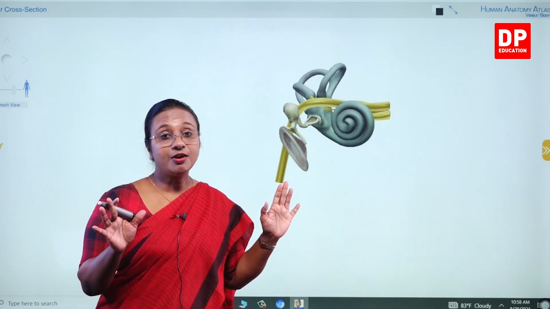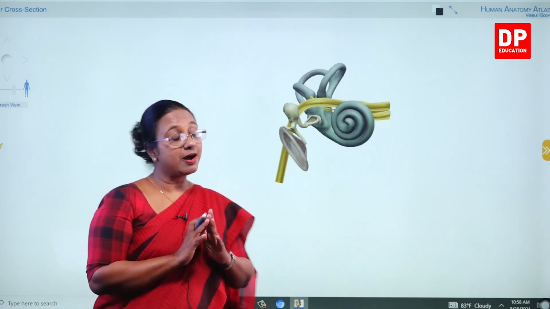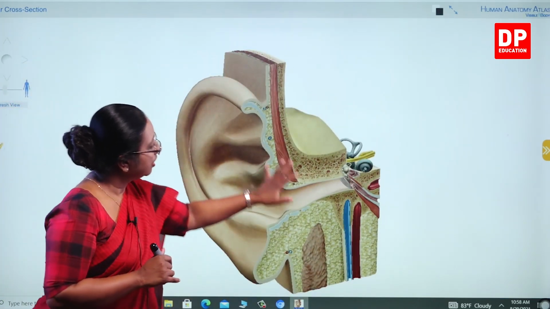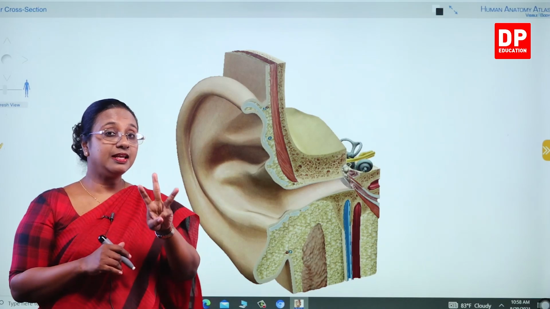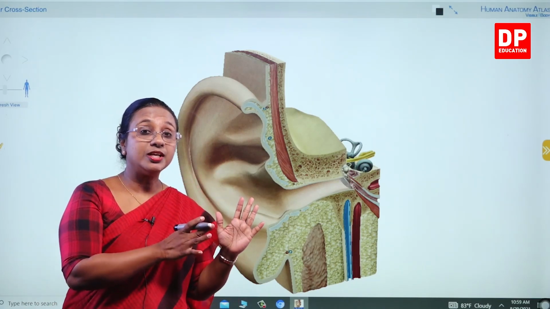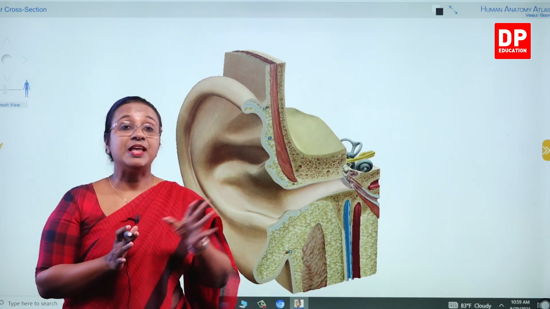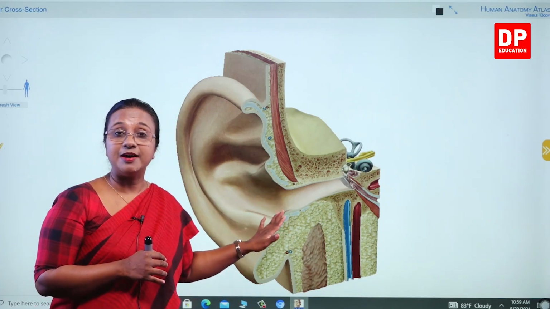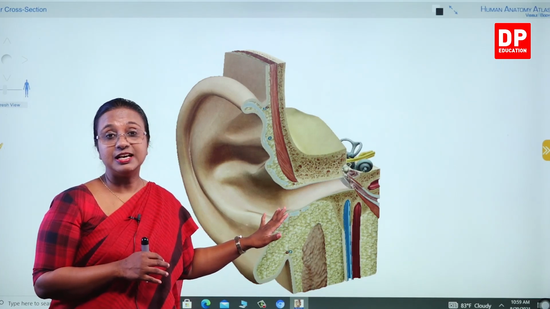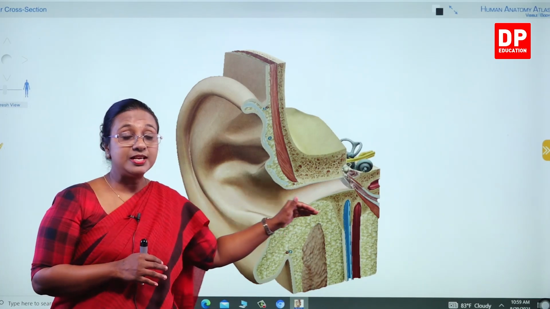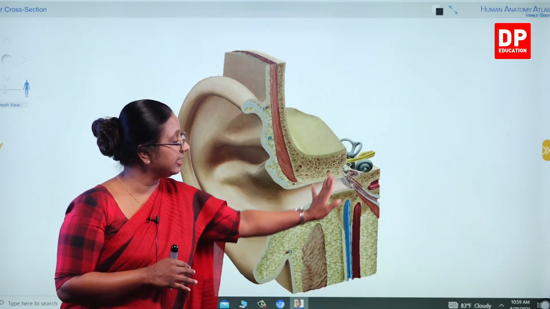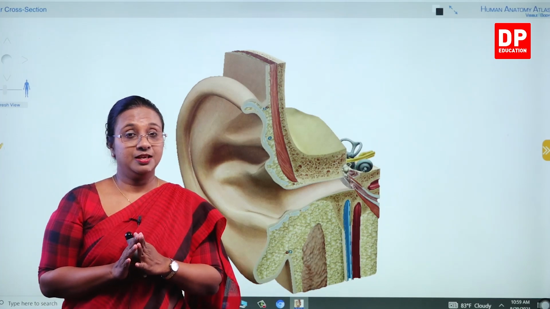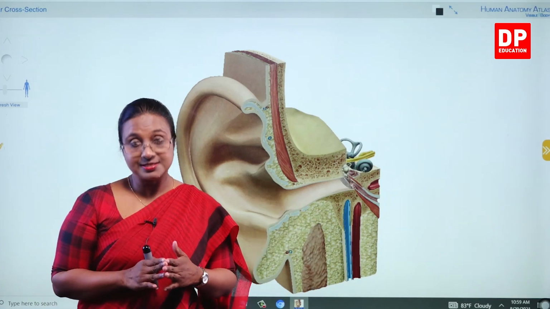So is it clear to you all now, students? All the parts of the ear or the structure of the ear. So you can understand there are 3 main parts: the outer ear, middle ear and the inner ear. And under that there are different structures. So I am sure you have understood the structures of the ear, as well as now you know how sound is transmitted from outside into the ear and how information of the sound is taken to the brain. So with that, we will go back to the slide.